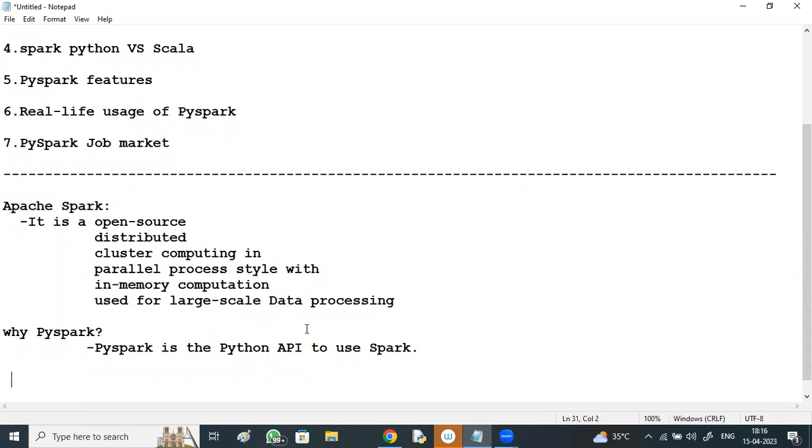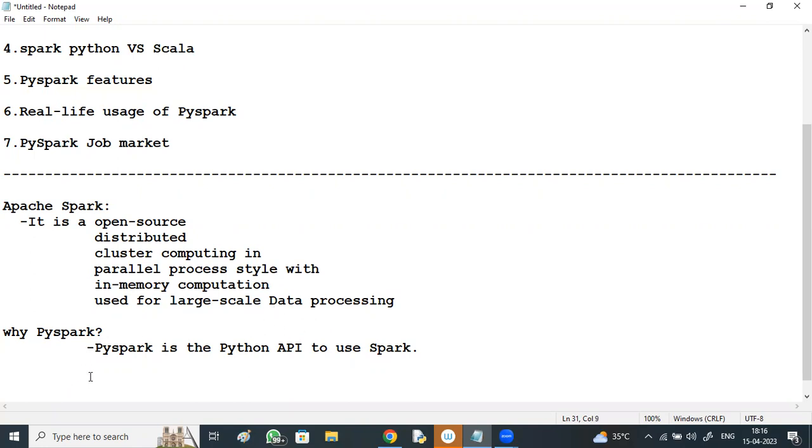PySpark is one of the most demanding tools today among data engineers to work with bigger data sets. Generally, why is PySpark used?